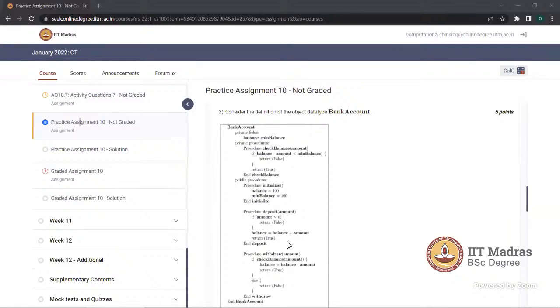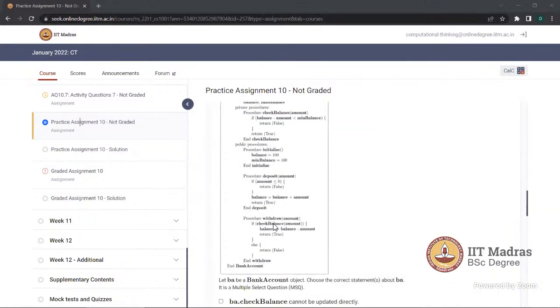In withdraw, there is this check balance, right? So you call that procedure from here. This true or false, whatever is applicable here, will come over here inside this if. Then based on whether it's true or false, you will decide whether to execute this or not. That's the flow. This is the same thing which we have studied before, week 10. It's not changed just because it's slightly advanced.